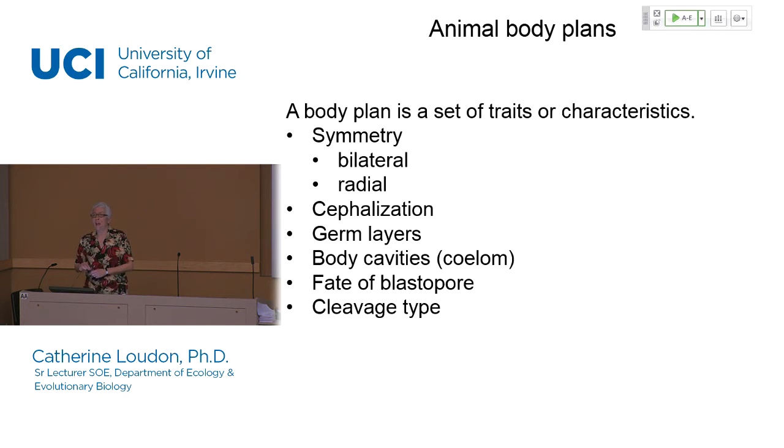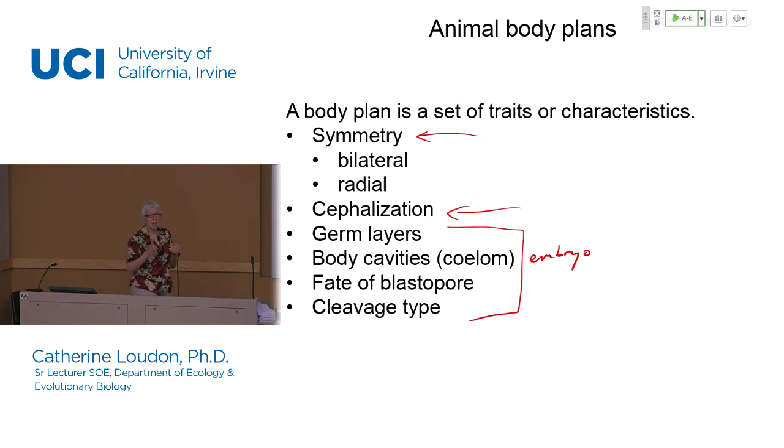Okay, so as mentioned, the body plan is a set of traits or characteristics. One can use a lot of different items in the list. The traditional ones that have been used to characterize different body plans, which are also used in your textbook, are issues such as overall body symmetry, cephalization, germ layers, body cavities, the fate of the blastopore, and cleavage type. These are all characteristics of an embryo, characteristics early in the development of all animals. And so we'll spend now a little time talking about